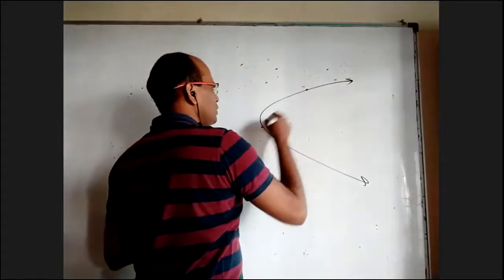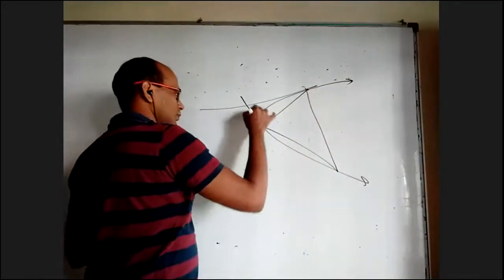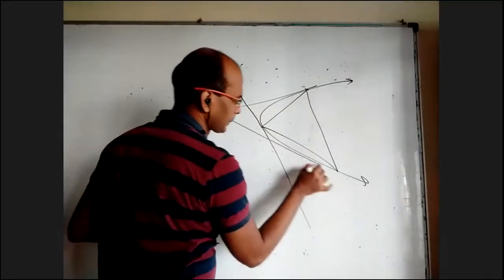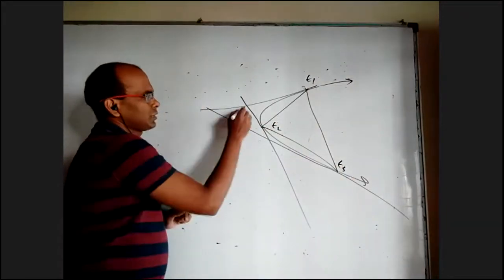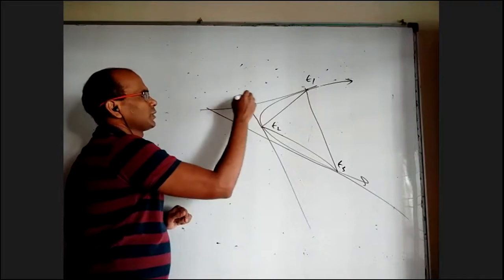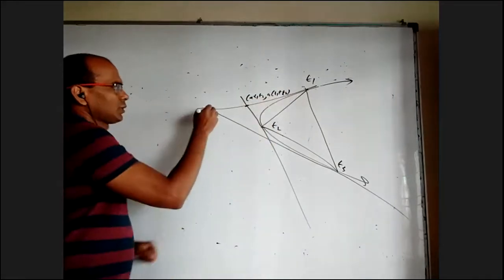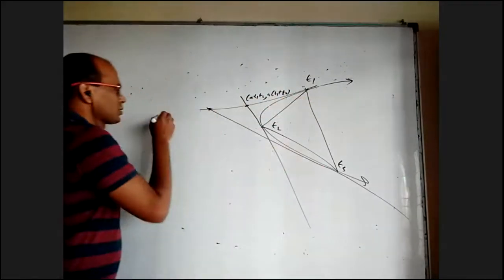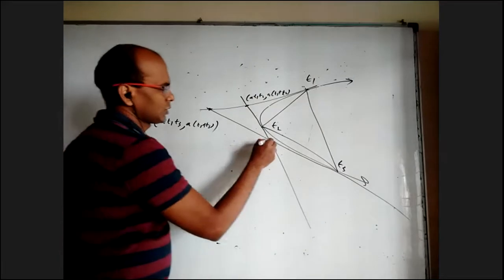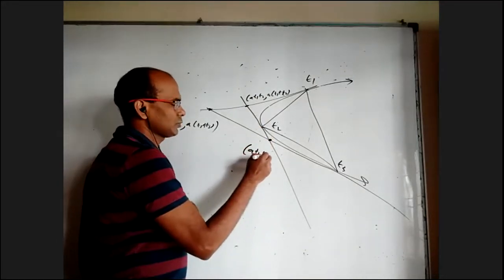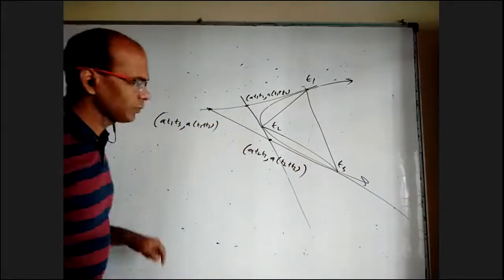A parabola and 3 points are there and tangents are there. I'll take this as t1, this as t2, this as t3. This is the point of intersection of tangents at t1 and t2. So it will be a t1 t2, comma, a into t1 plus t2. This one is the point of intersection of tangents here and here, which is a t1 t3, comma, a into t1 plus t3. This is the point of intersection of tangents here and here, which is a t2 t3, comma, a into t2 plus t3. Now, if you want the 3 vertices of a triangle.